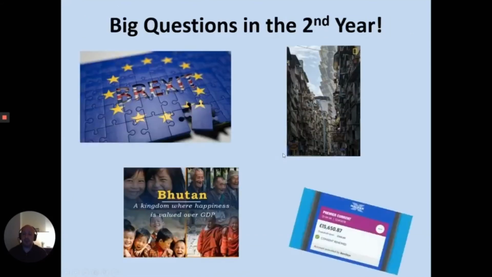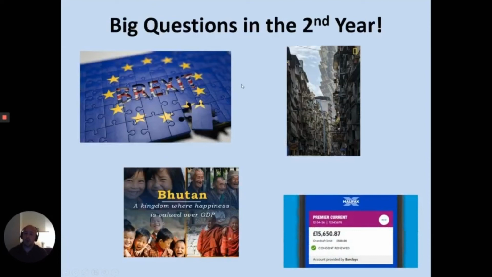In the second year, we'll answer even bigger questions. So we'll ask ourselves, what actually is the European Union, and what's the case for being part of it or leaving the European Union? We'll look at the big arguments for and against doing that. We'll also examine different ways to measure health, wealth, and happiness of countries. So over and above just income, we'll look at things like access to healthcare, adult literacy rates, happiness. So we'll be looking at development economics in a fair bit of depth.